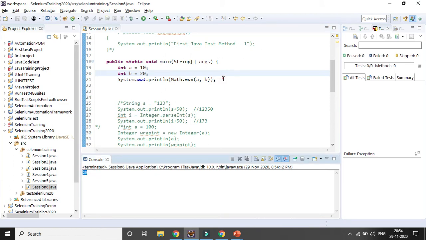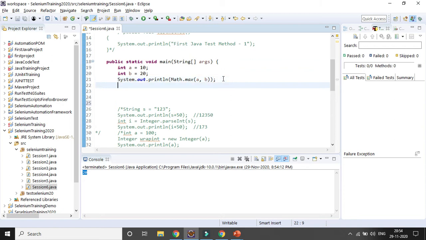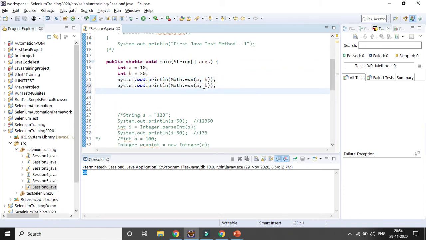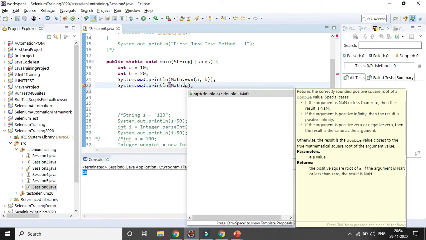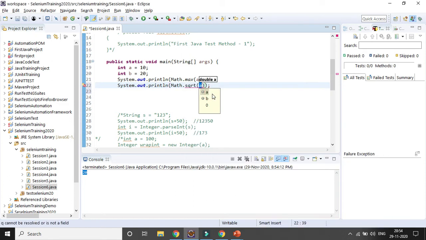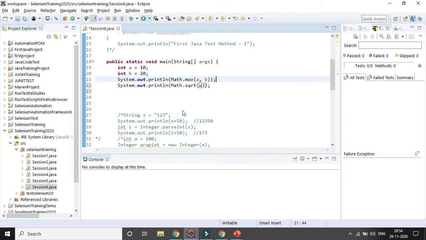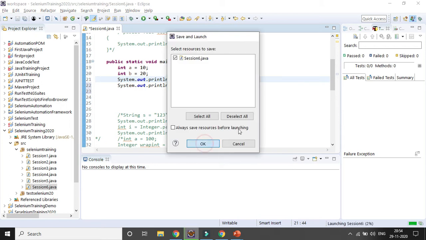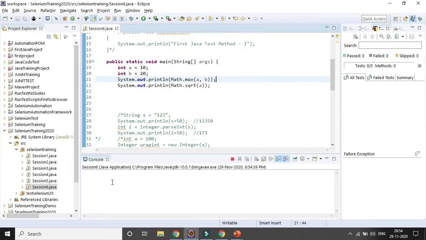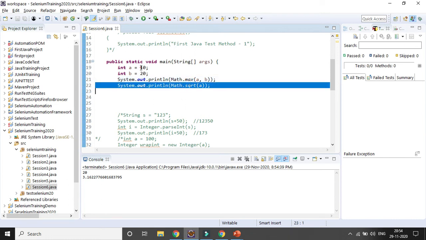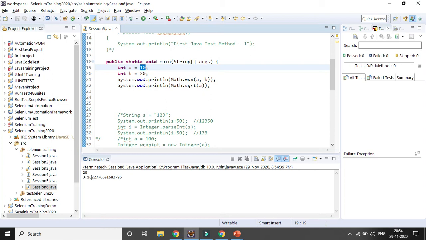In the same way, if you want to do a square root, you need to use Math dot sqrt. You can give some value, and it will be converted to double as the return type is double. So square root of 10 will be 3.16.